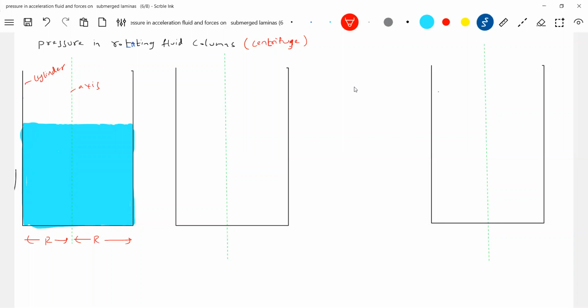Since water is transparent, add some color to it, blue or red color, anything that is available, watercolor. Then start spinning it. You can see the surface will take a different shape. Okay, now as it starts rotating, let's get into the concept. As it starts rotating, you take this particular small element. What should be the forces on that element? So that small element, let it be here.